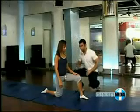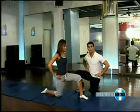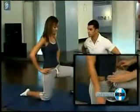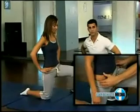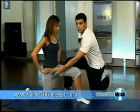Now what she's going to do now is she is going to put her hands on her hips to guide her hips through the pelvic tilt. Go ahead. Now what's going to happen is, once that pelvic tilt is done, you should feel a nice stretch right in